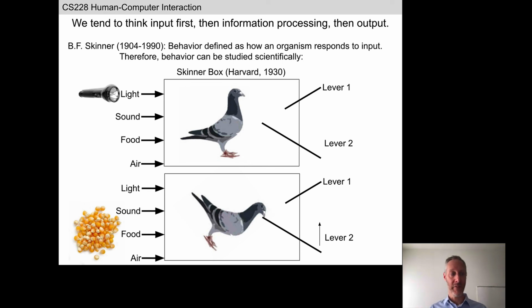Here's an example of an experiment we might wish to carry out with the Skinner box. Let's imagine we have pigeons and we want to know whether pigeons are capable of operant conditioning, which is a fancy word for a type of learning. How do we use the Skinner box to test that hypothesis? Is this animal capable of learning? Well, we could, for example, intermittently flash a light inside a darkened Skinner box, and the pigeon can either peck lever 1, lever 2, or do nothing.